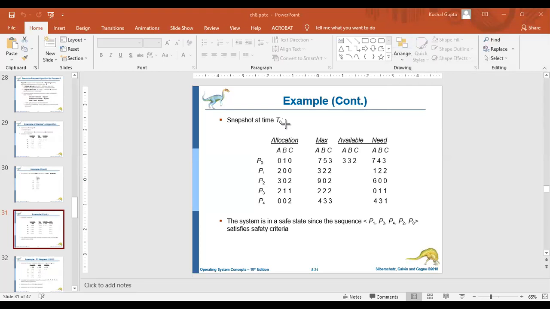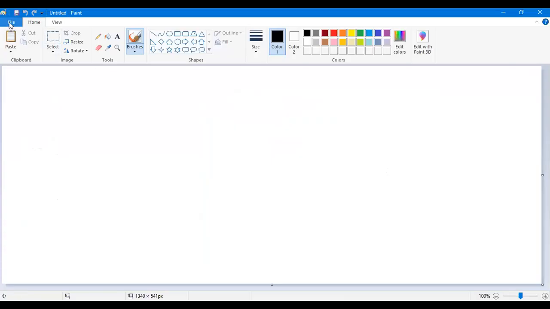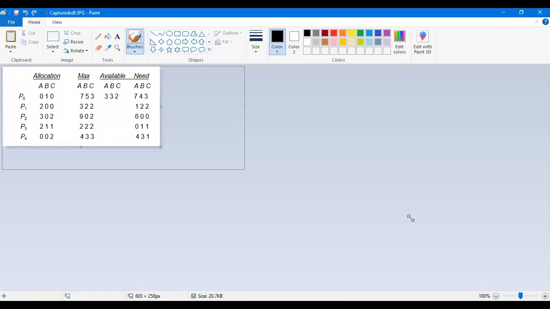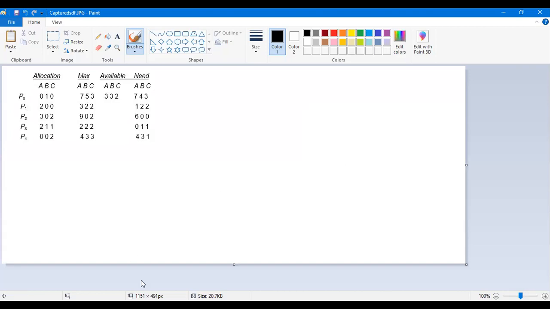For this, I am taking this snapshot. Now, are you able to see my screen?